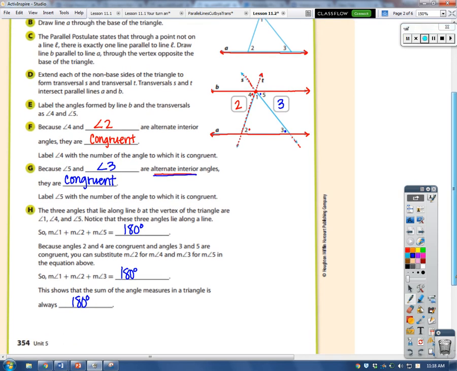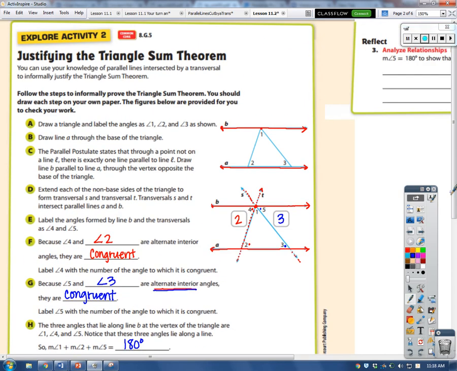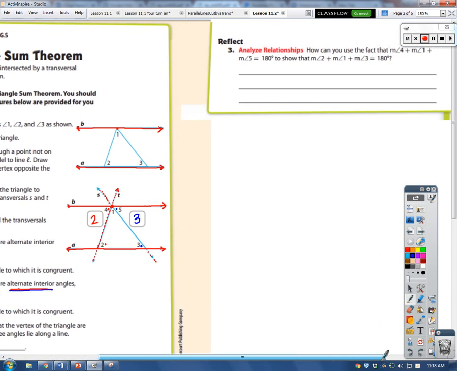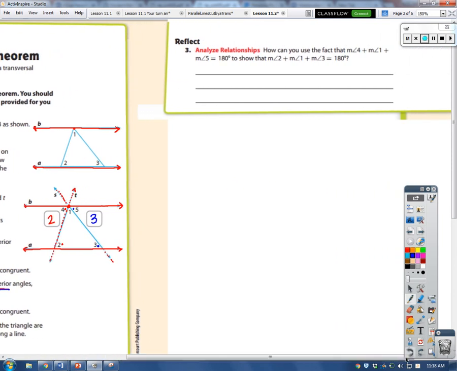We've got a reflect question. I put it up over here because it's on the next page, but I like to be able to see what they're talking about. So, analyze the relationship. How can you use the fact that the measure of angle 4, which I've got here, plus the measure of angle 1, plus the measure of angle 5 equal 180, to show that the measure of angle 1, 2, and 3 also equal 180? Well, if the measure of angle 2 is equal to the measure